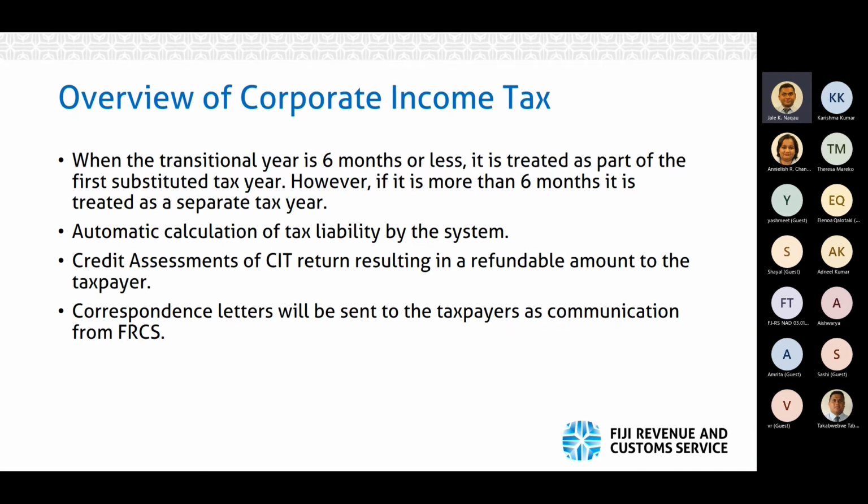And for this one, once you lodge it in, it comes in the system, and you can have a filing confirmation. So the automation of the calculation of a tax liability is all inbuilt in the system. Credit assessments resulting in the refundable amount to the taxpayer. Correspondence will be sent to the taxpayers as communication. If you have been using the taxpayer online service, you will be familiar with this. Correspondence there. It's very important. I will also discuss a little bit on this one when we go over to the first